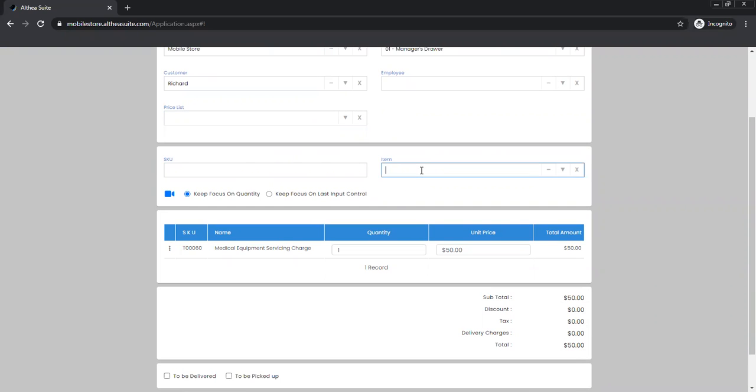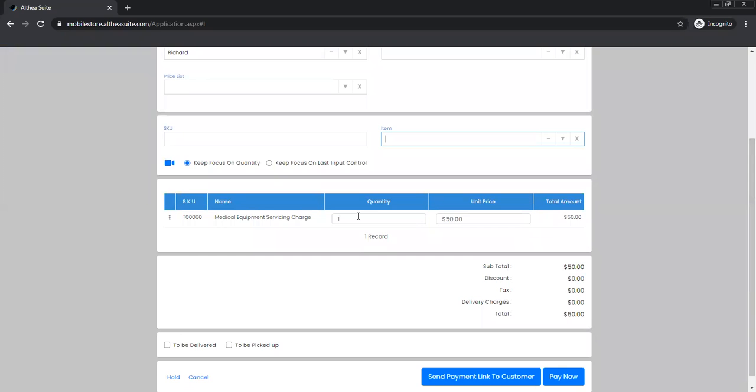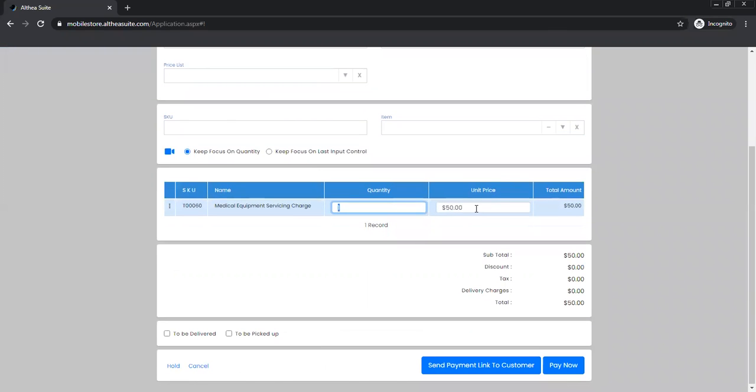You could again add in additional services or product related charges that come into a picture. Change the quantity or the unit price at any point of time, and choose to click on pay now or send a payment link to the customer.